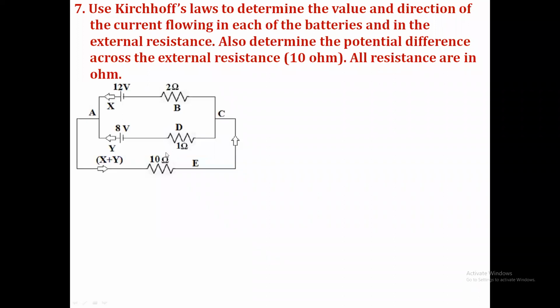Now if you see the diagram, try to recall the concept of a real voltage source. Do you remember the concept of a real voltage source? The real voltage source has a finite value of internal resistance, and that internal resistance is always represented in series with the voltage source. So this 2 ohm is the internal resistance of this 12 volt battery. This 1 ohm is the internal resistance of the 8 volt battery, and this 10 ohm is connected across these